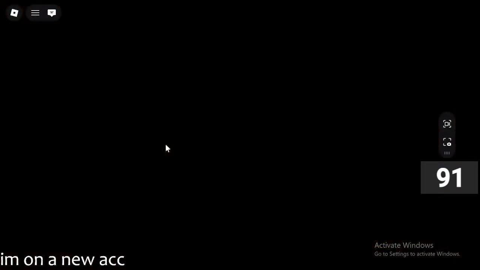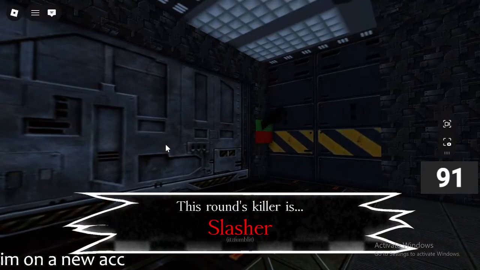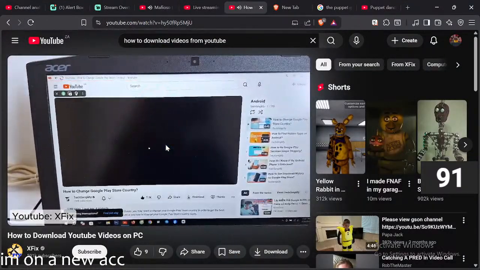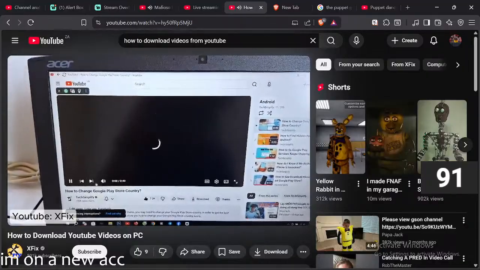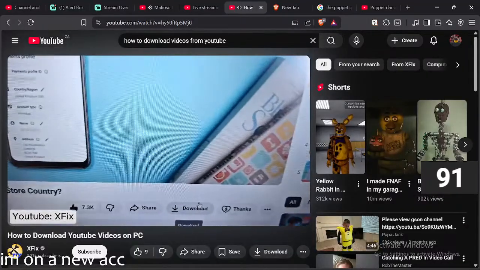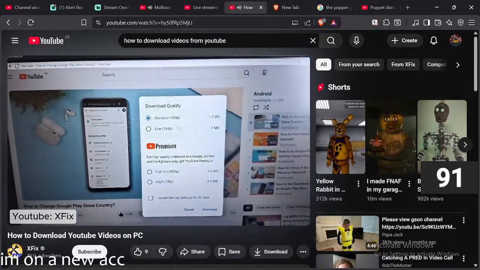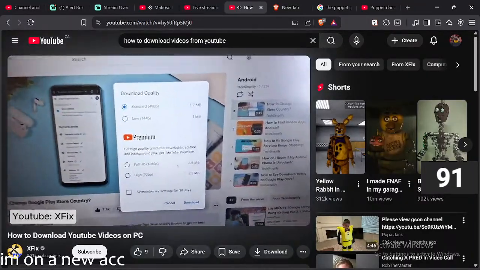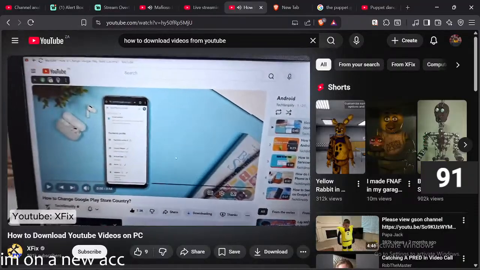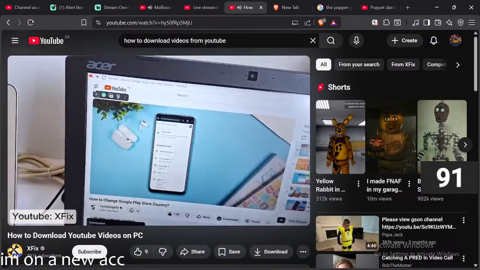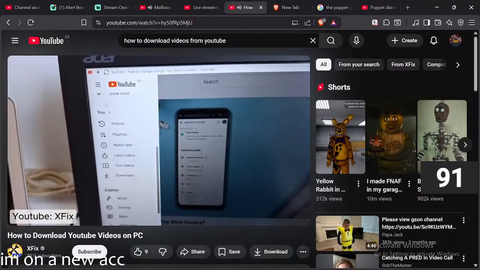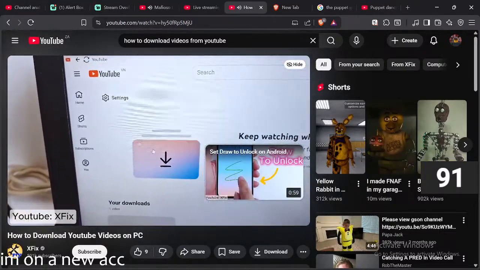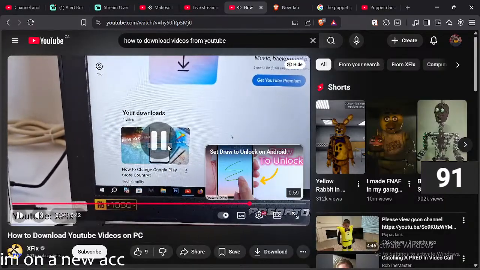Now I will show you how to download YouTube videos on your PC. First, play the video that you want to download. And then scroll down and click download. Then select the download quality that you want. And click download. After downloading, you click the hamburger icon. And then scroll down and click download, and here you can see the